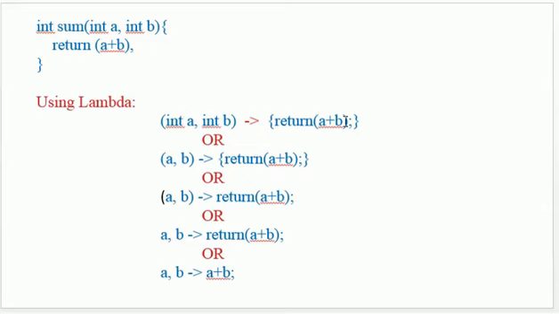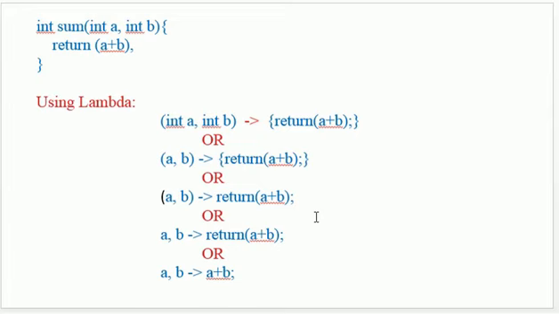Now we are going to reduce this as well. We have written one lambda expression, but whenever I am writing a lambda expression, it's not necessary for me to give the details of the data type of the parameters. So I can always write a comma b instead of int a comma int b, further reducing the code. And moreover, if I am writing just a single line of code on the right hand side, then it's not necessary for me to include the curly brackets also. Look into this third implementation. In this third implementation I have not included the curly brackets. Why? Because I am writing only a single line.